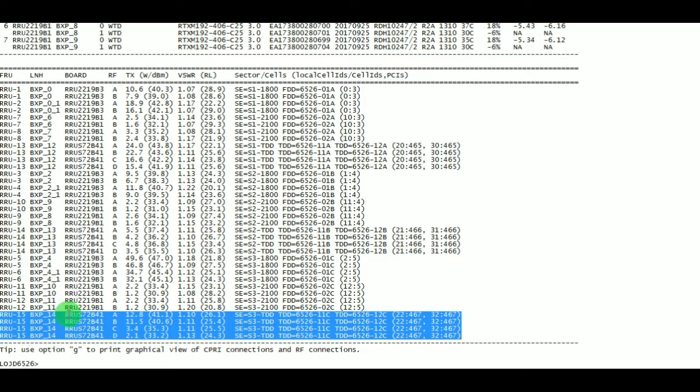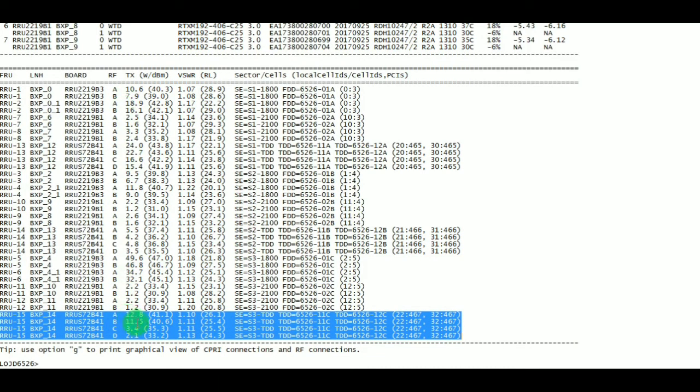This is the radio unit name, that is RRU 72B41. For the TDD case, it has 4 branches, that is A, B, C, D. Each branch provides the following details, that is TX values and VSWR values. So let me explain sector 3 of TDD technology.